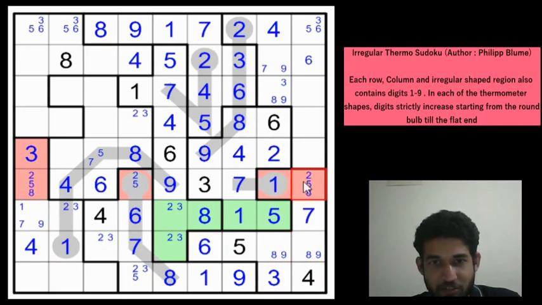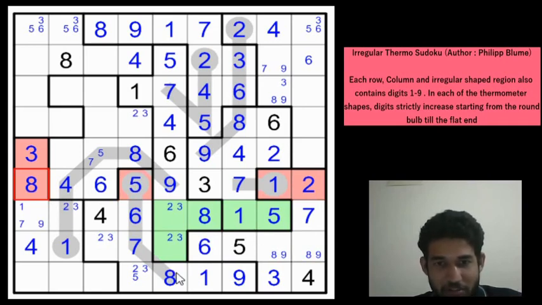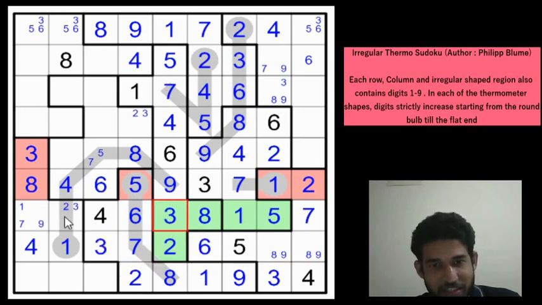So 5, 8 is here. So this will be a 2. And that gives a 5 here and an 8 here. So almost resolved all the bottom rows. Because of this 5, this is not a 5, this is a 2 or a 3. And you have a 3 here, so this is a 2. And so this is a 3 now, this is a 2 now, this is a 3, this is a 2.